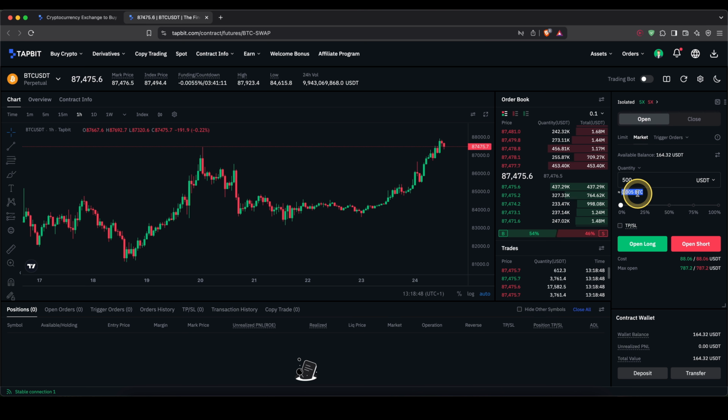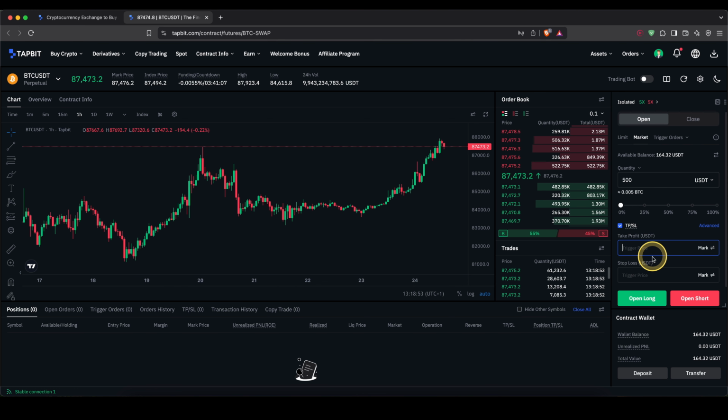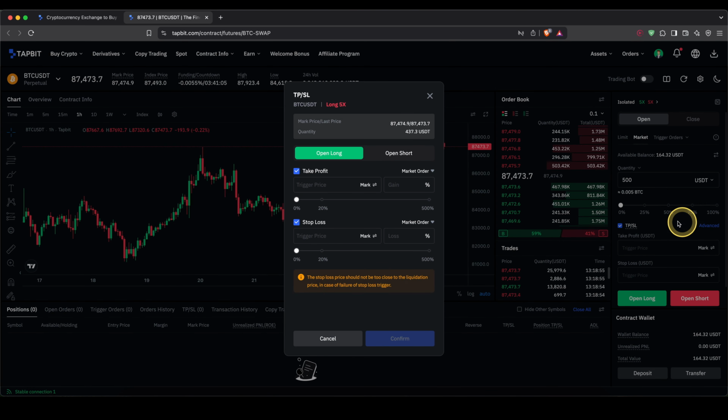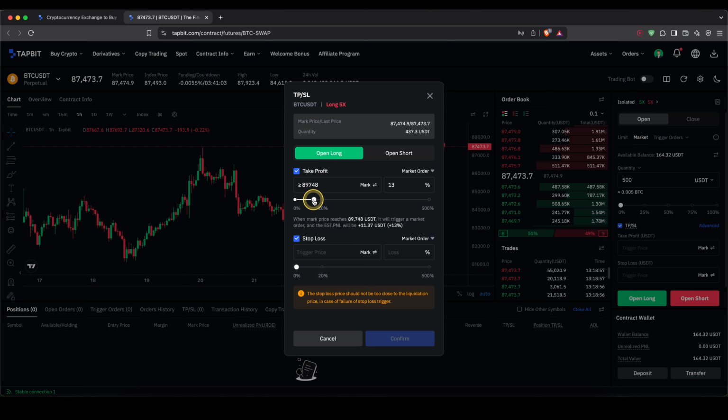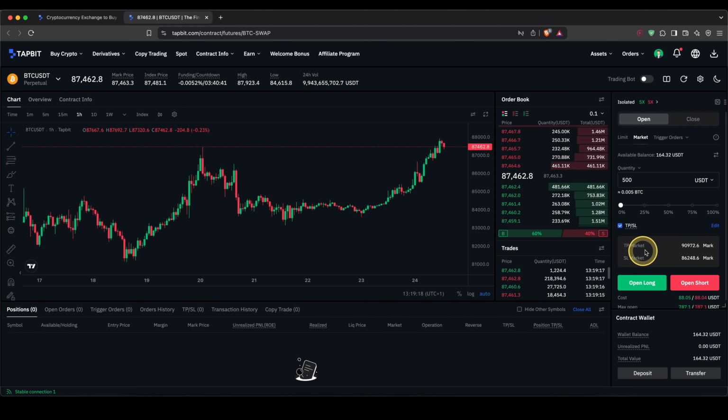Next up, we can also add a take profit and stop loss if you want to do that. So if I just click on here, I can either type in the prices or just click on advanced and say I want to make, let's say, 20% of a profit, that would mean $70 of profit on my own capital of $88 that we saw down here. And the price is automatically calculated and set up right here. Same goes for my stop loss. Let's say I want to make a maximum of 7% of a loss, $6 at that price, and it's also set up in here. Then just click on confirm, it's all set up, and then just click on open long,